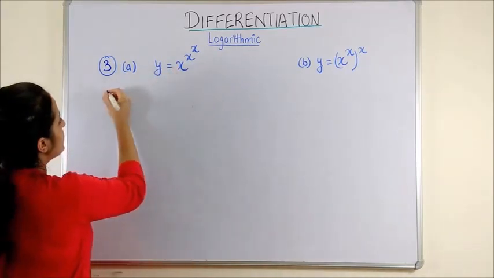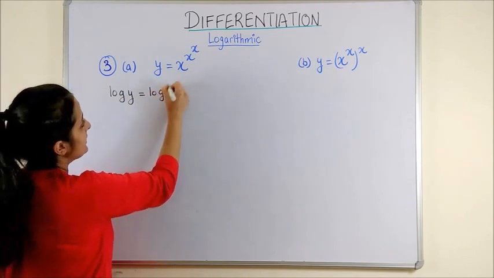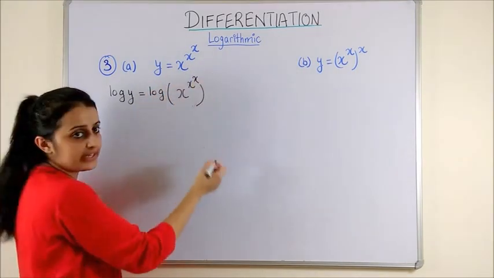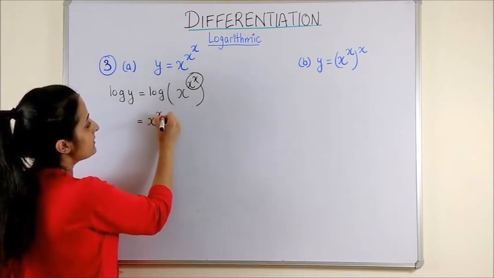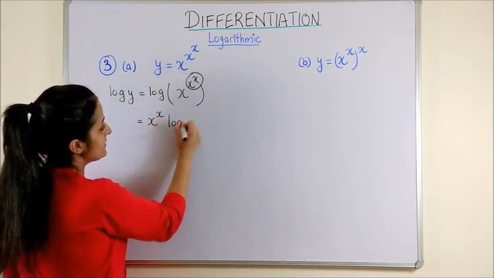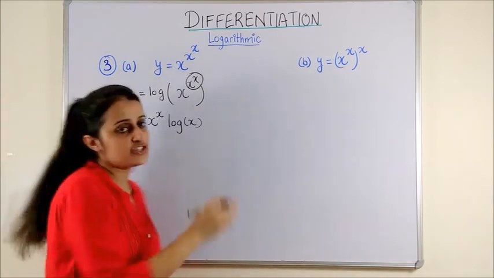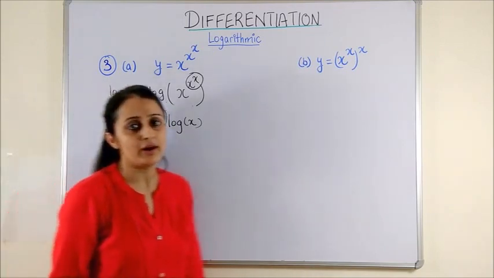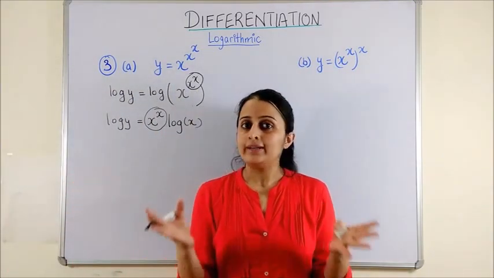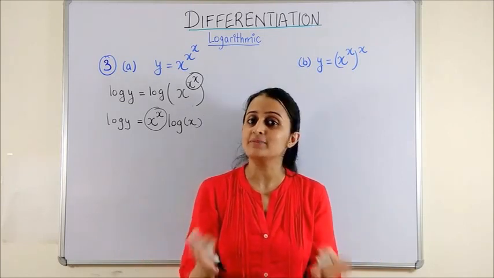So here you see, the moment you take log of both sides, you can get this entire function down, and it becomes x to the power x log x. If I try differentiating at this point, you still cannot find x to the power x. Then what do we do? Well, taking log does not have a limit. You can take it as many times as you want.